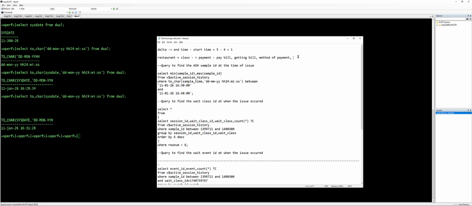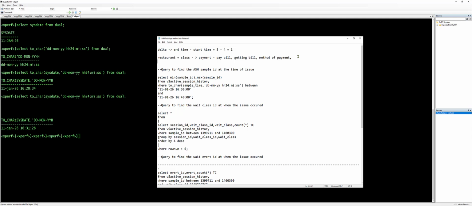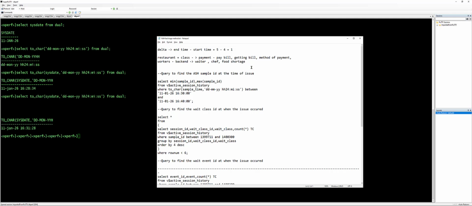Okay, and likewise you can take the workers, the chef, the waiter, all those people. So if they are taking more time, it is the problem, it is not the problem of our side. It is the problem of the restaurant. So it is all backend. Like if the waiter is taking a long time, or the chef is taking a long time to prepare the food, or if the food is having a shortage and they need to buy it from somewhere else, so these kinds of waits will come under backend, which means the restaurant itself is delaying,